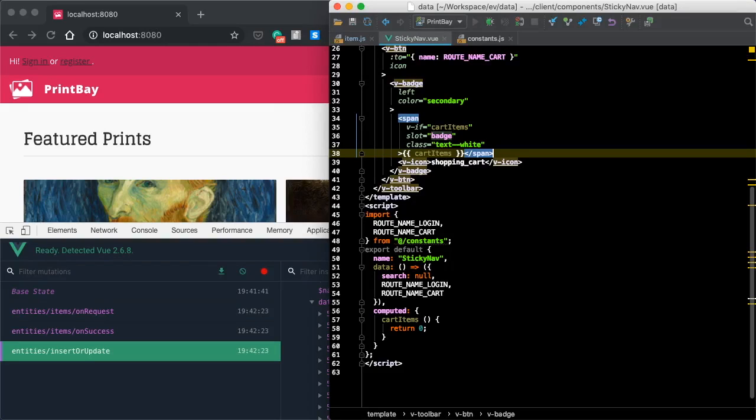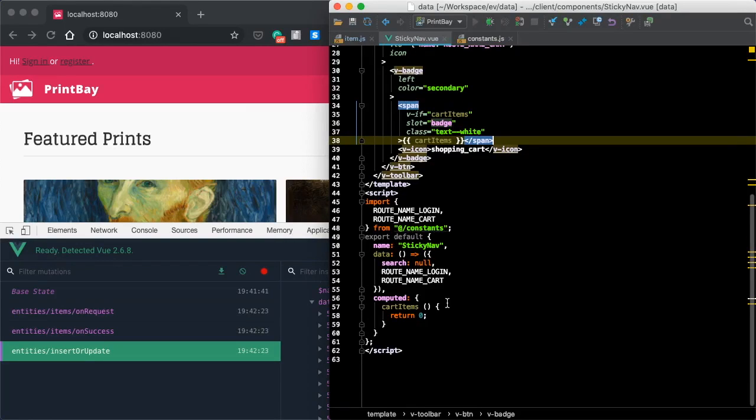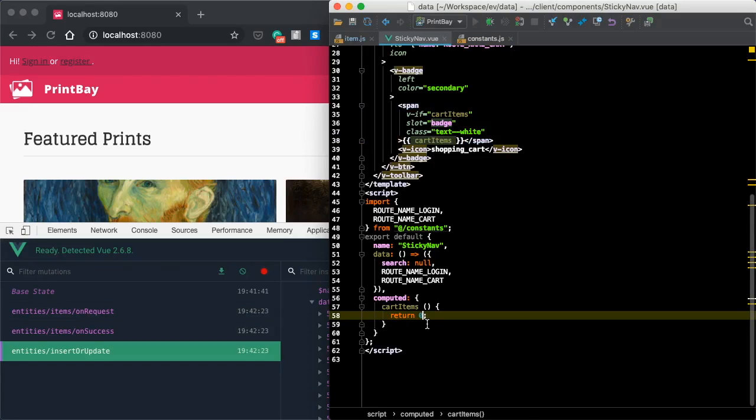So the component I've got open here is the sticky nav component, and inside this, we've already got the markup created for our badge. So you'll see it's this cart items interpolation here is how we're going to display it. So all we need to do now is create a value for cart items. And currently it's just a computed property returning 0. Let's instead replace that with the value from our getter. So we're going to go this